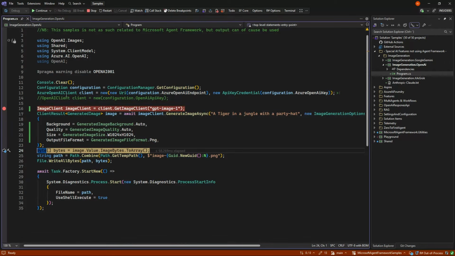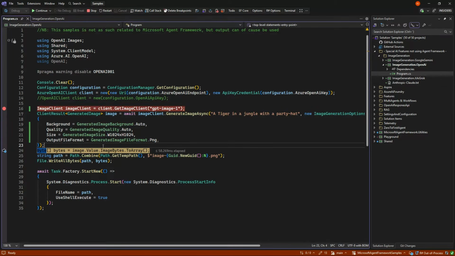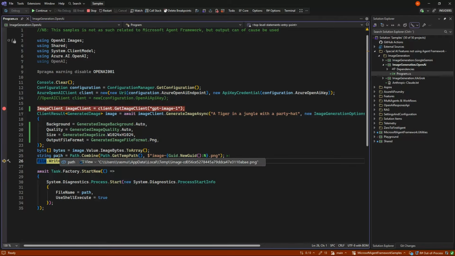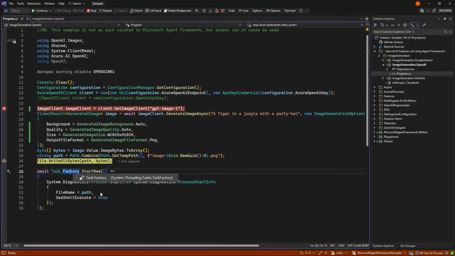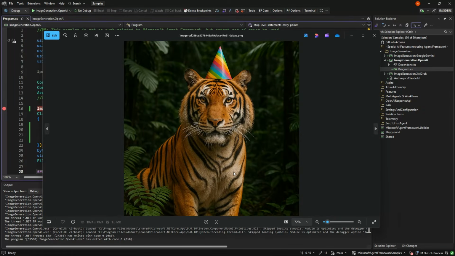So as I mentioned, Azure OpenAI and OpenAI are just the same and they take the same info. So we get our image, and if we look at this, we can just see it's a PNG in this case. You can see that by the image bytes. We just take them as normal bytes. So now we are in C# land. Make a path, in my case, in the temp folder. And let's execute so we can see the image. And it generated this image. And of course, this will be a different image every time you run it because of the nature of AI.